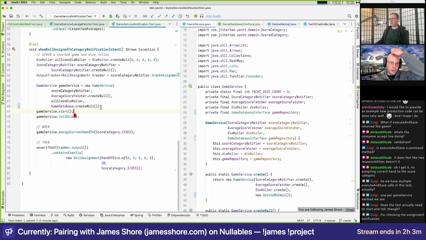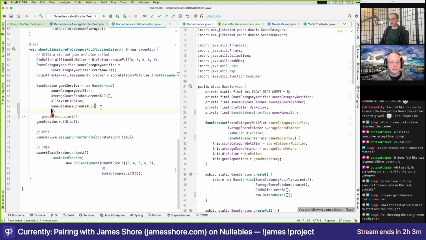It should just be so. The start and the roll dice aren't relevant to this test. They were just set up. Mm-hmm. Start's not relevant at all, so we can ignore that. Roll dice, all that's doing is creating a current hand with all the dice being sixes, right? Mm-hmm. So what we want to do,